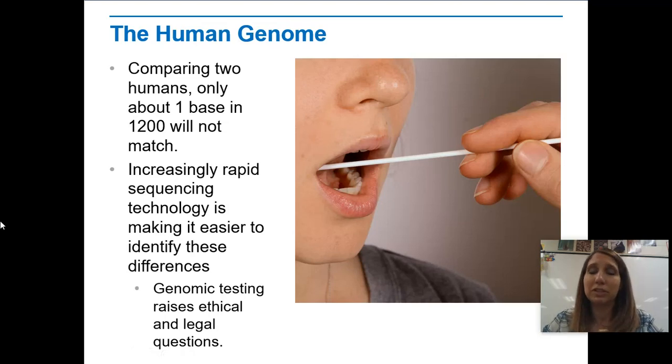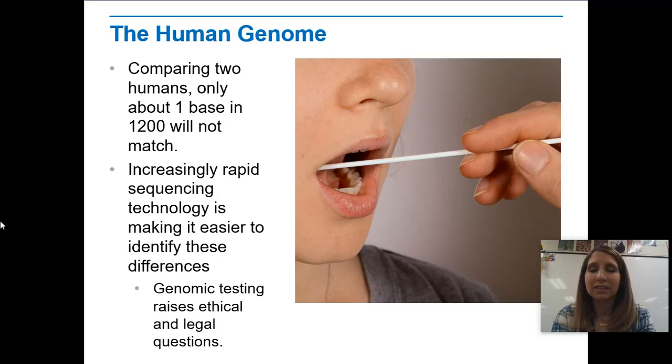So when we think about humans specifically, I mentioned DNA fingerprinting, we all have our own DNA fingerprints. And that comes from these slight differences in our genome. So we know that any two humans probably differ in about 1 out of every 1,200 or so bases in our 3 billion bases. So that's a significant number of differences. And remember, every time our cells replicate and go through the cell cycle, we can end up with more mistakes, right? That then can be passed on to more cells. So using these technologies really helps us to identify differences between individuals,